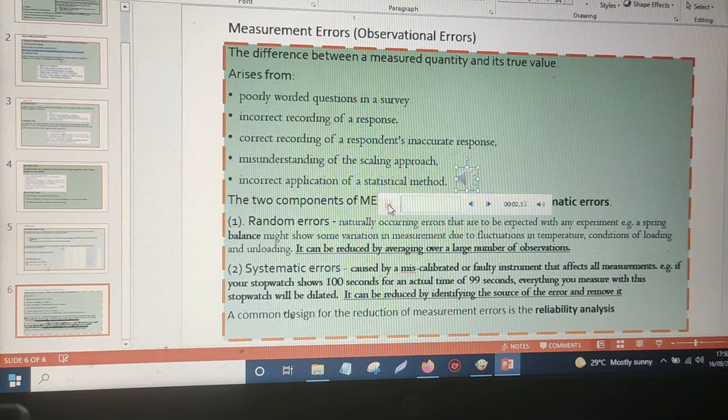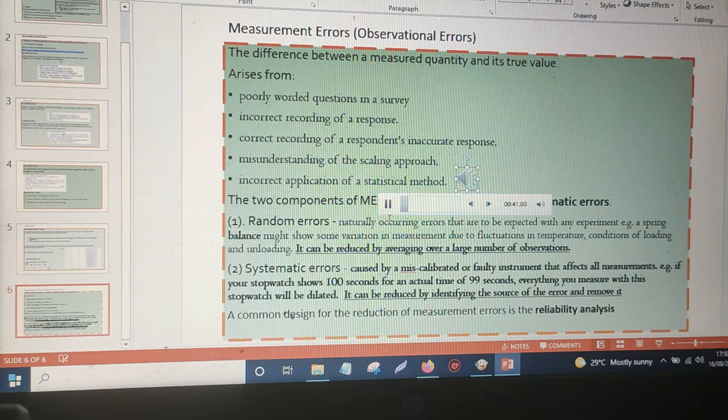The study of measurement is incomplete without considering the errors that can arise from measurement or field observation. These errors can arise when you are taking your field survey or your questionnaire, when you are taking responses. They can arise from poorly worded questions in the survey. If your questions are poorly worded, it is not impossible,